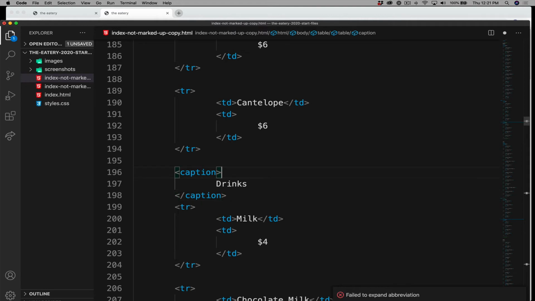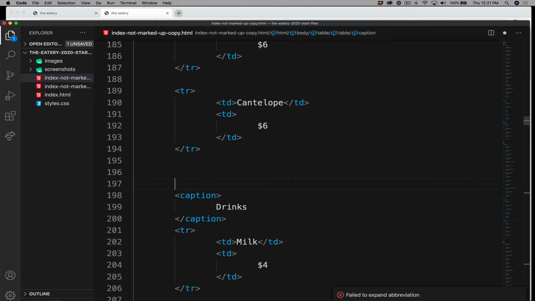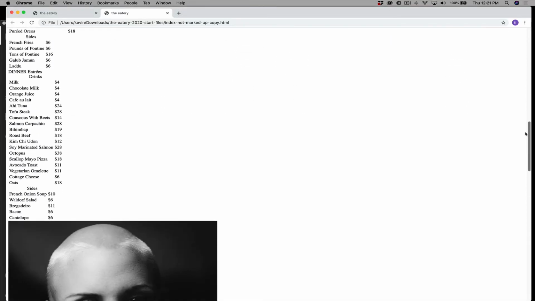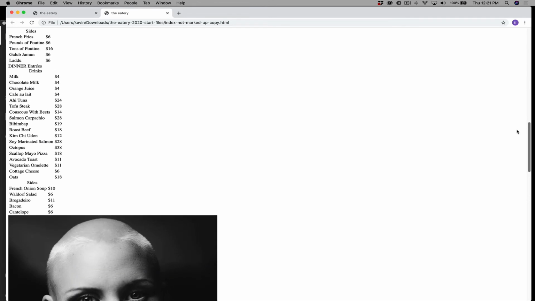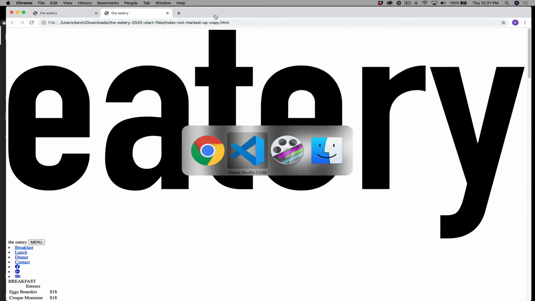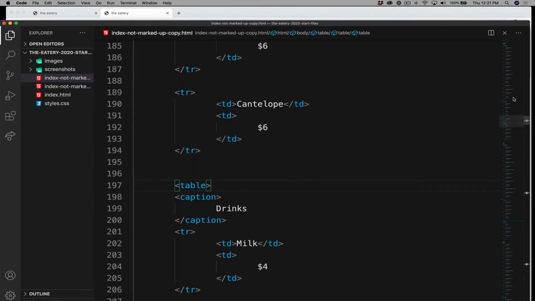And then I'm going to hit the up arrow, go above the caption. Again, put in an opening table tag and delete the closing one. So I should have here a bunch of tables that start but don't end. It's not perfect yet, but we're getting there. You'll notice now things are looking more table-y. All we need to do is figure out,